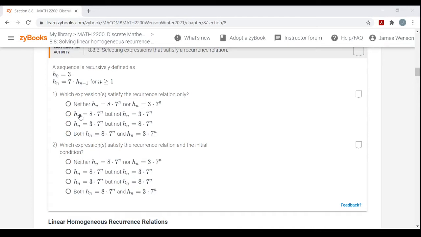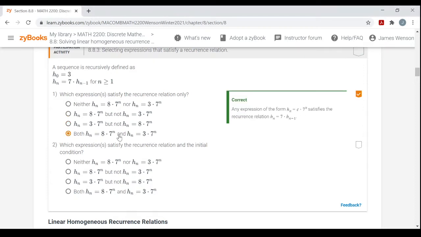So that's what they're asking you here. Which of the expressions satisfy the recursive rule only? Well, anything times 7 to the nth. Any constant times 7 to the nth would satisfy this recursive relation. So both h of n equals 8 times 7 to the nth and h of n equals 3 times 7 to the nth would satisfy just the recursive rule,